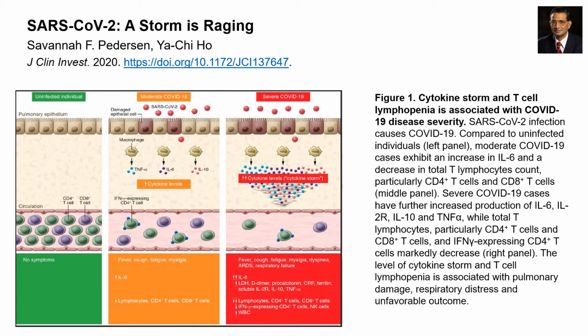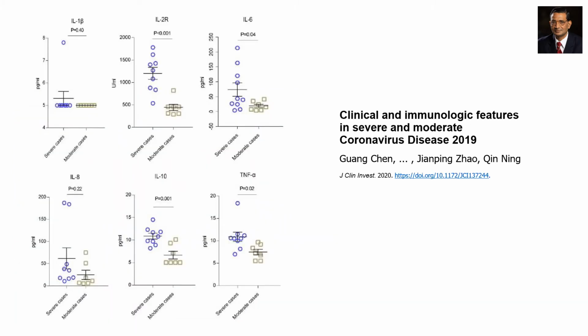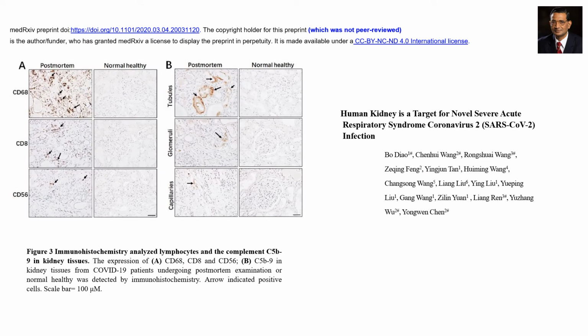The level of the cytokine storm and T cell lymphopenia is associated with pulmonary damage, respiratory distress, and an unfavorable outcome. In yet another report from the early experience with COVID-19 infections, Chen and associates report a marked increase in the pro-inflammatory cytokines, in particular IL-6. And in some early data from autopsy reports of COVID-19 infections, Bo Diao and associates saw that just as in